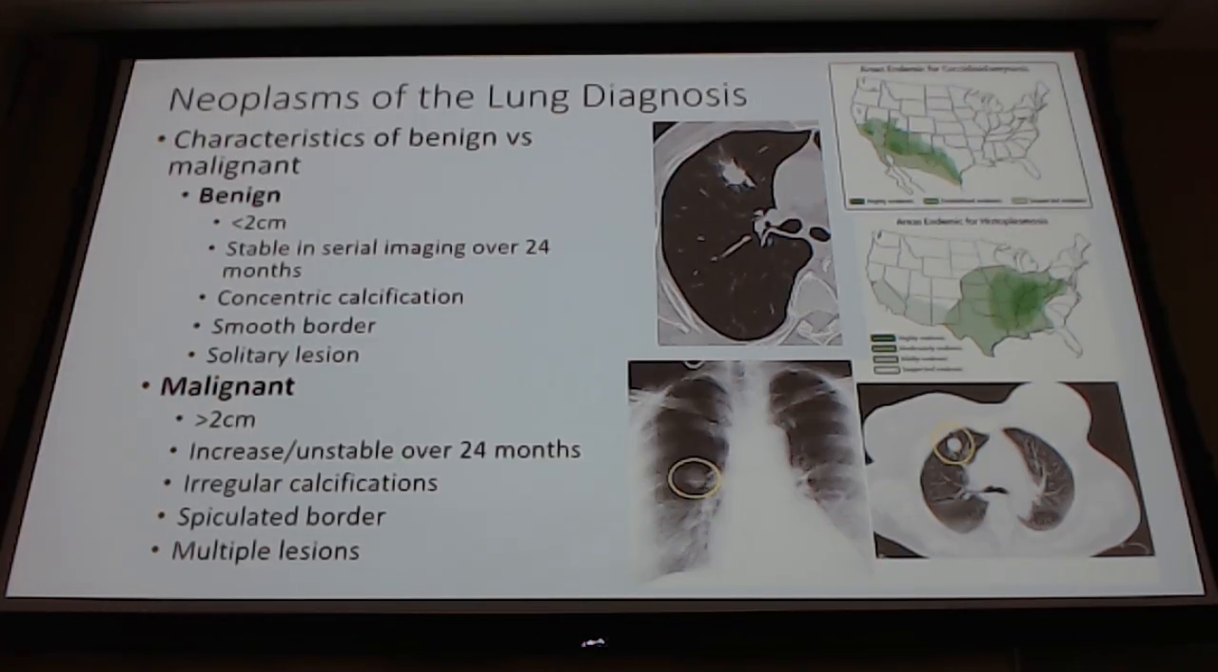So if it's less than 2 centimeters and it's stable, meaning it doesn't get any bigger over 24 months, so 2 years. So these people, you are not just letting them go for 2 years, right? It's chronic, probably every 3 to 6 months, at least chest X-rays or CT scans to really observe and trend that patient. If they have concentric calcification, a smooth border, it's a solitary lesion. Okay, like you see down here,